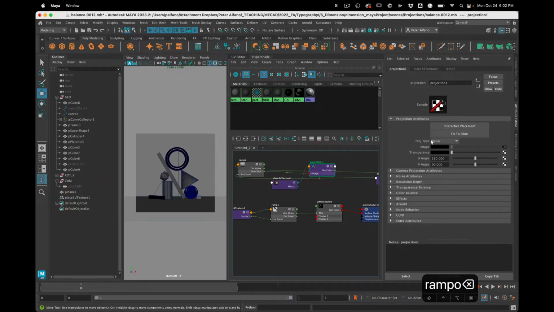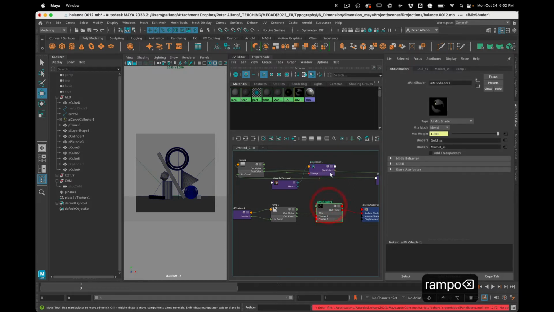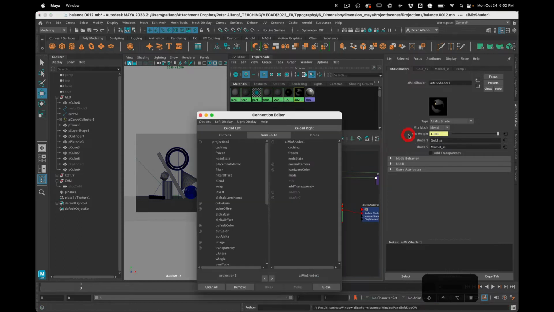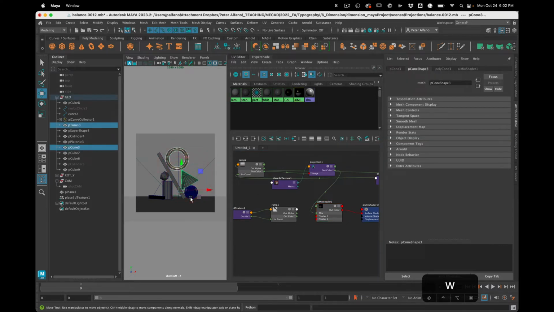And we're going to have that projection be driven by our camera. So we're going to change it from planar, we'll look at planar in a future video, to perspective. The perspective sets it to a camera. Which camera? We want shot cam. All right, and then we're going to take the out color of this and plug it into the mix weight. Now when I assign this mix shader to everything, even the background,